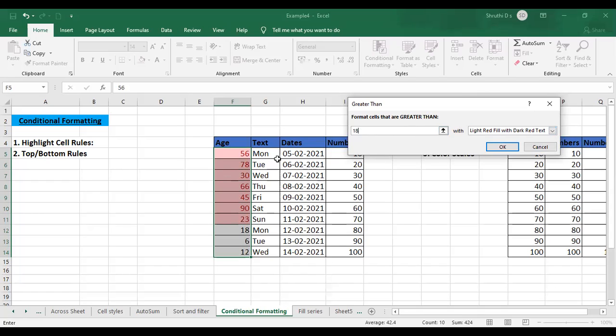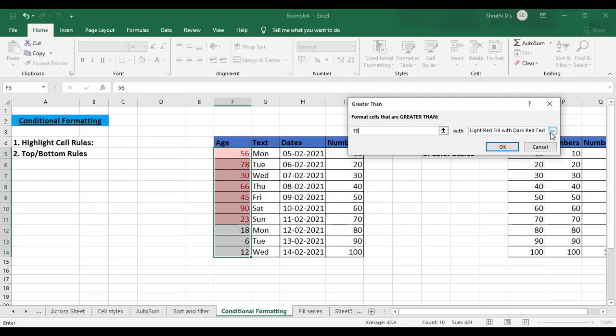Now just observe the column. As I have given 18 itself, the cells have already been highlighted. It is just a preview showing you directly. It is already applied. So now just check whether it is correct. 18 it won't consider because we are checking the condition greater than. 6, no, because it is less than 18, right? And 12 also is less than 18. So only these 3 boxes are left out, and all others, as you can check, have ages greater than 18. So like this, you can give a condition and fill or highlight the cells with different colors.